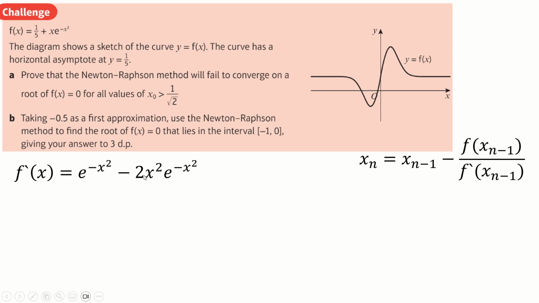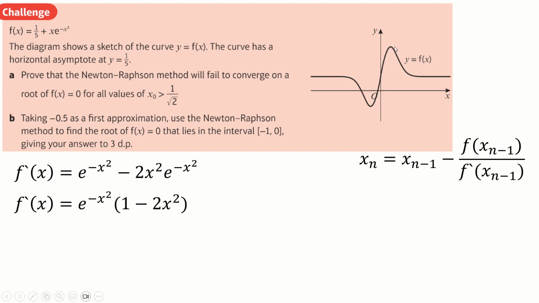Times by this x makes minus 2x squared. Now if you set that to equal 0 and solve, you can factorize out the e to the minus x squared, which is of course never 0. And therefore to find stationary points, this would have to be 0, which gives you x is plus or minus 1 over root 2. So therefore, this stationary point here is at 1 over root 2, which is cool because